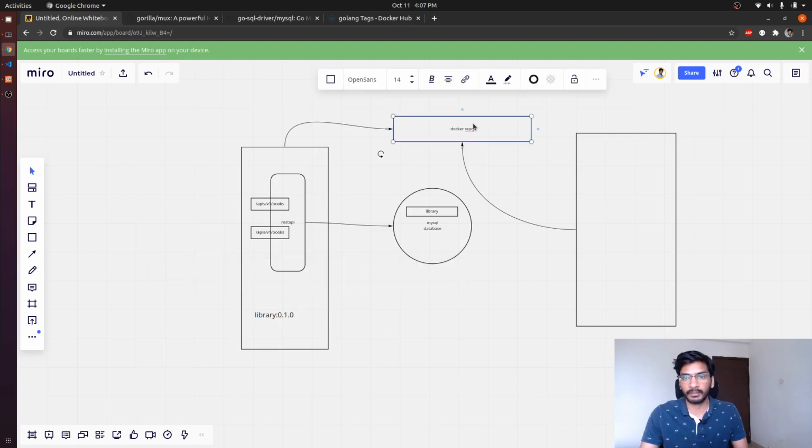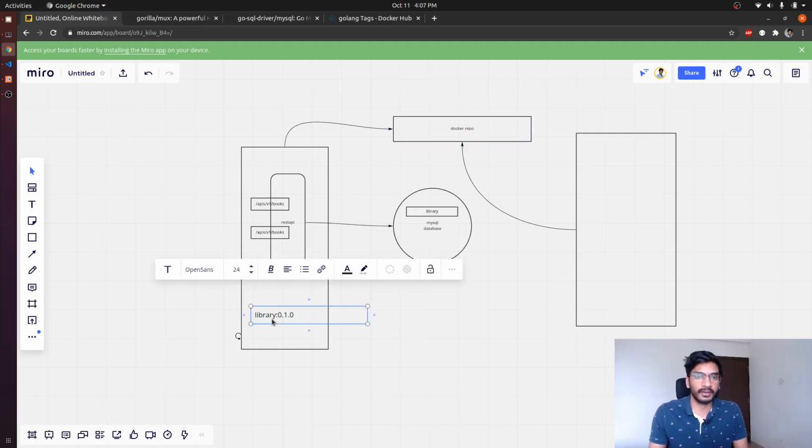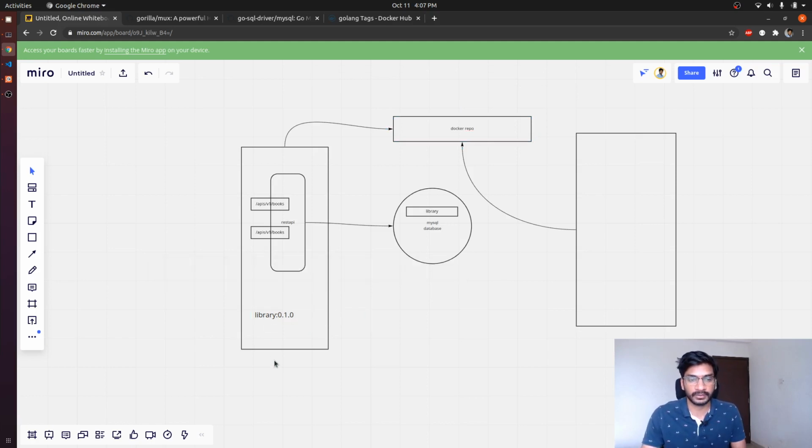In Docker Hub, we have separate organizations and separate users. So we will have to specify which user's account we want to push this image into. Since I want to push this Docker image into my Docker Hub account, I'm going to retag it.